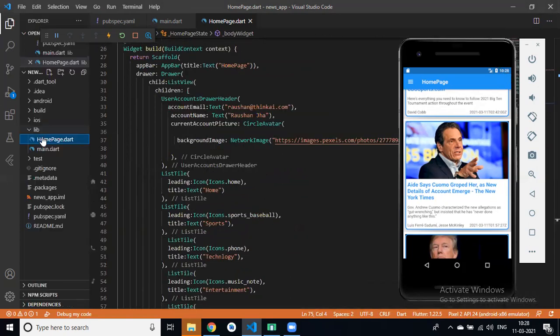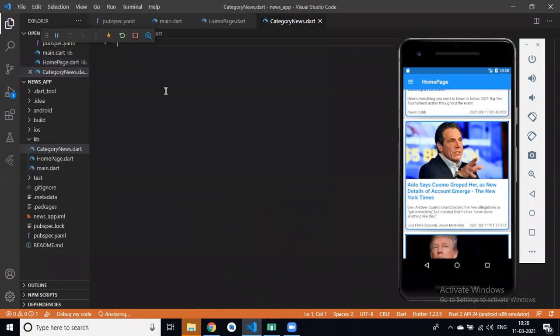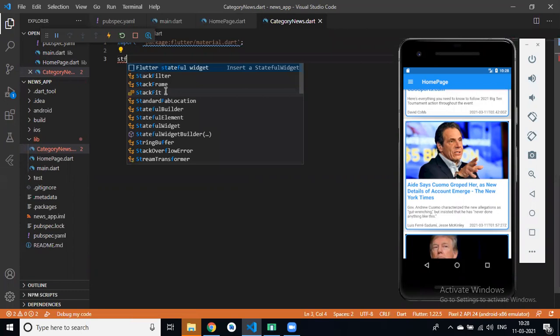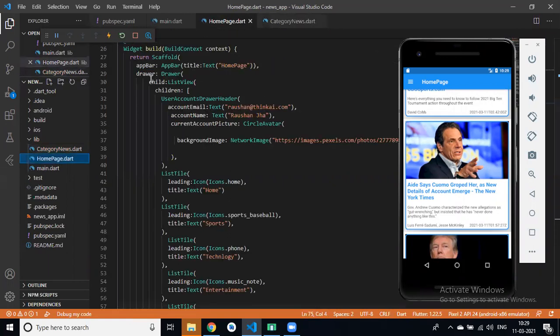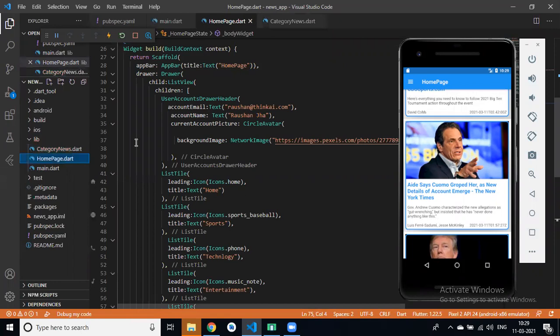Now I create a new file, category news dot dart, and in this we have import material, then stf, category news, and category news same like this. I will copy this scaffold and everything.